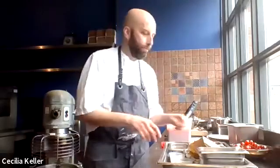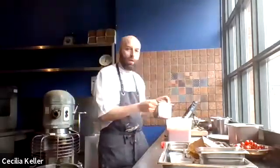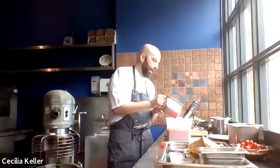You can add a little bit of fresh basil, but if we're going to add it onto the plate, we're going to add a little olive oil. Just a little olive oil, you don't want to make it too greasy. Okay, so now,